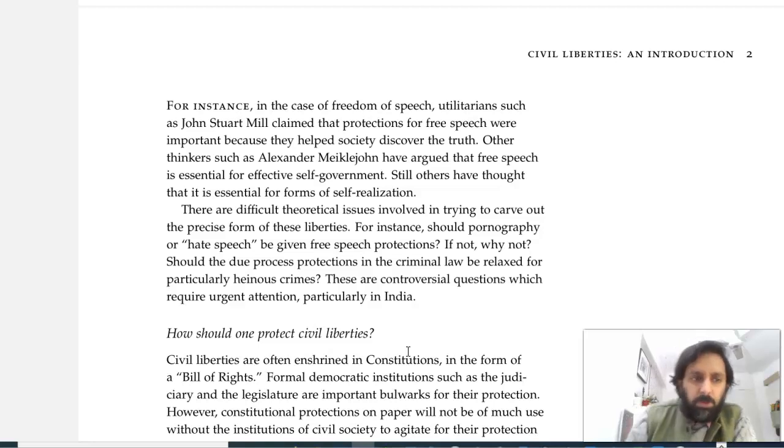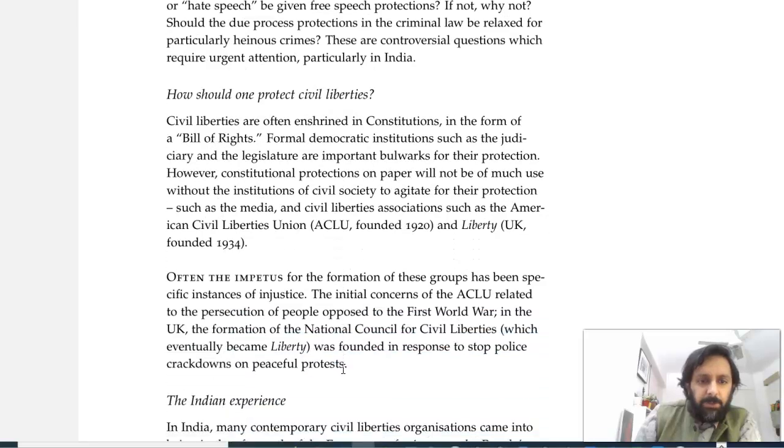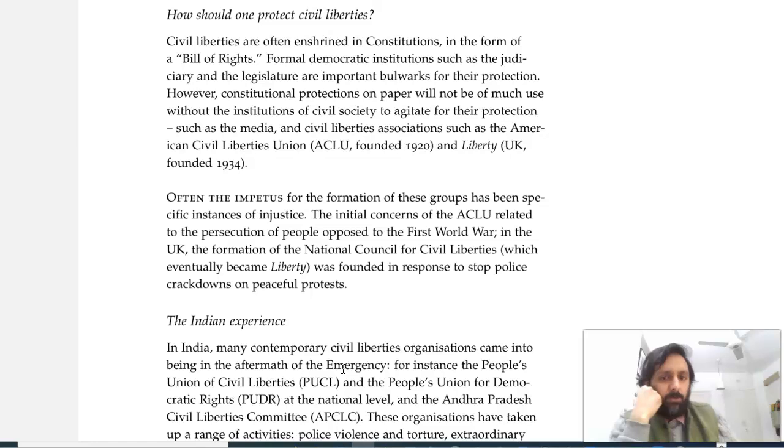Moving on to the question of how one should protect civil liberties. As I mentioned, these liberties are enshrined in various constitutional documents, and so formal democratic institutions, the judiciary and the legislature, for instance, are important bulwarks for their protection. However, constitutional protections on paper are not going to be much use